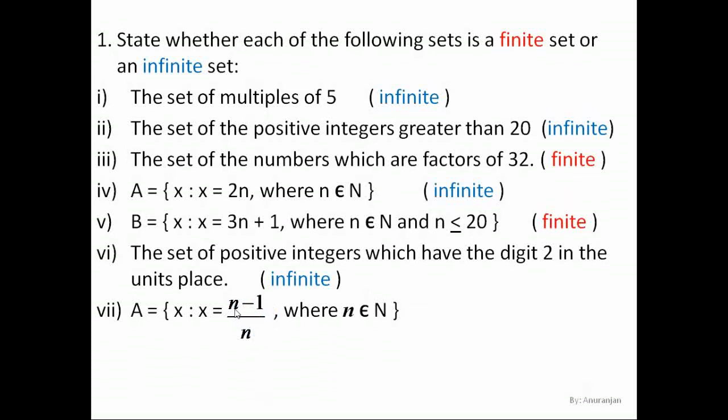Then if I take this as 2, 2 minus 1, and here will be 2, so 2 minus 1, 1, 1 by 2. Then if I take this as 3, and this will be 3, so 3 minus 1 will be 2, 2 by 3. So it will go on and it will never end. So it is an infinite set. Clear? Next,